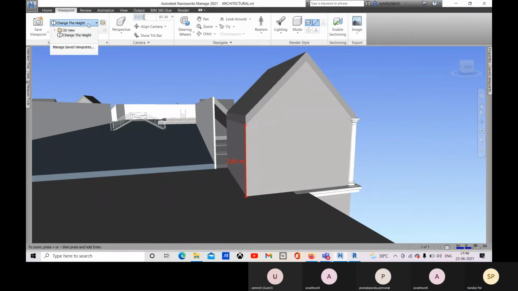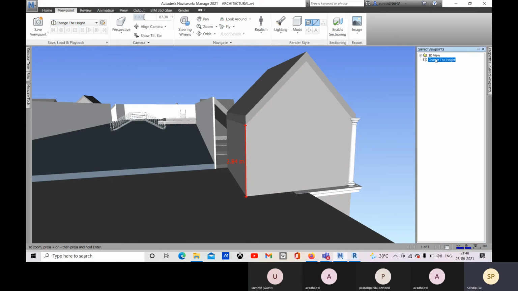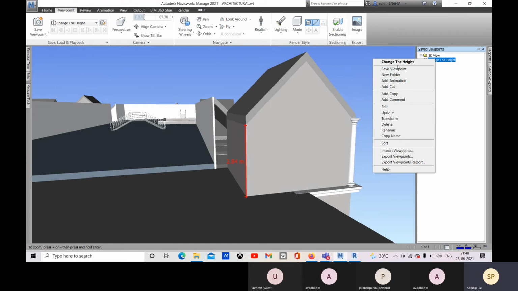Okay. You can come to manage saved viewpoints from here also. And from here, you can do all these things.